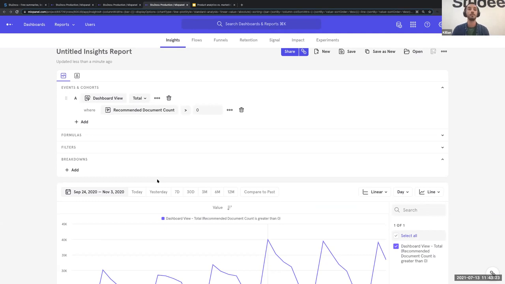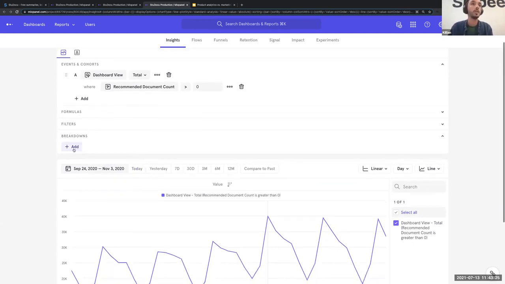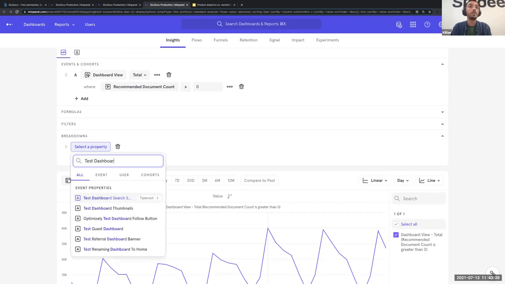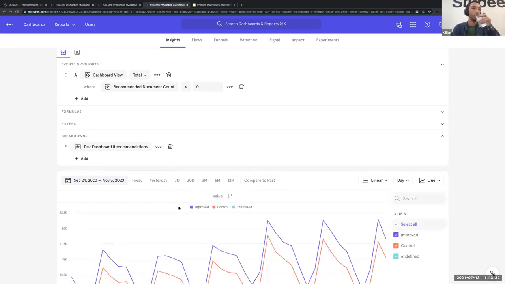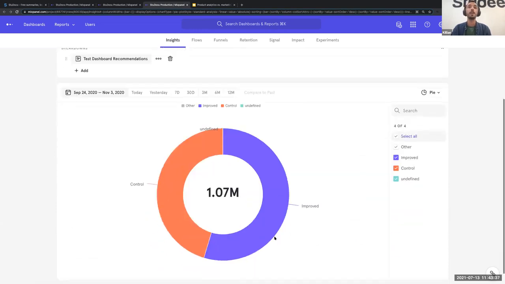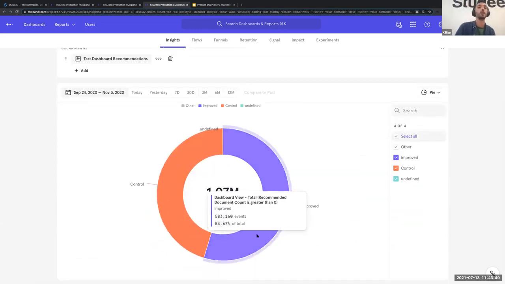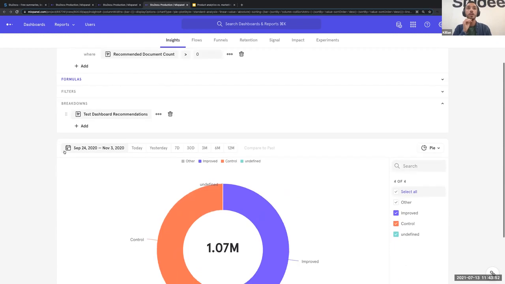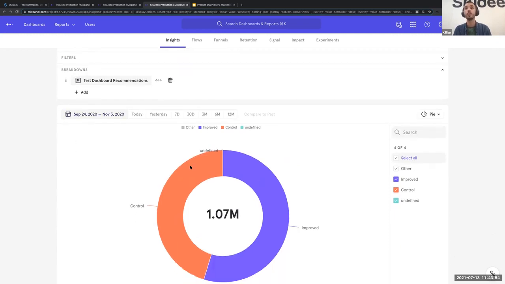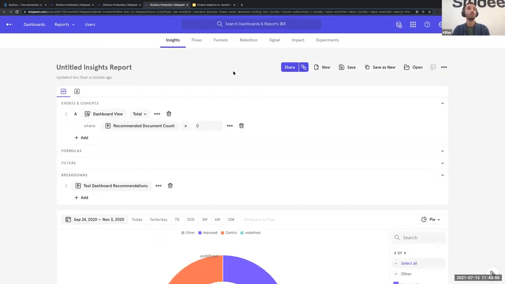We have our own backend implementation to assign a random variant. And here you're gonna see that even if it was a 50-50 split, in the new variant we have way more users seeing recommendations. So 580K against 480K. I'm just showing a bit of what you can do with that Insights tab, but you can see again that within a few clicks, you can do a lot of things in Mixpanel.